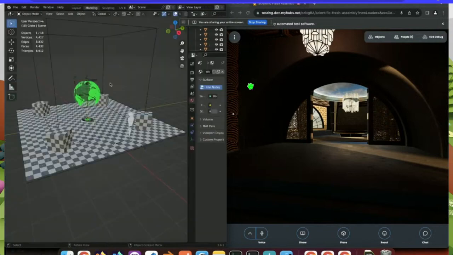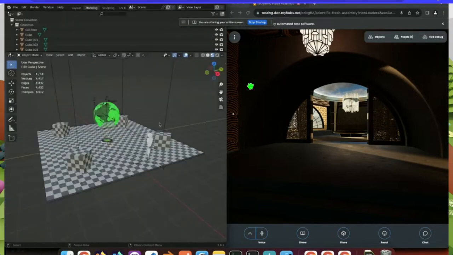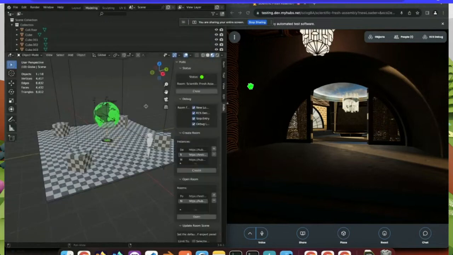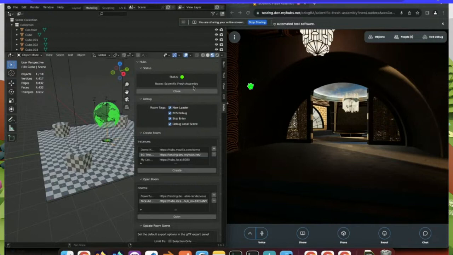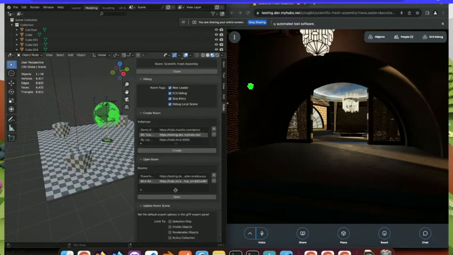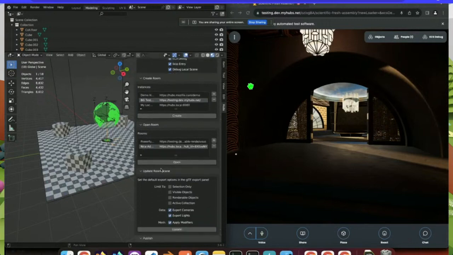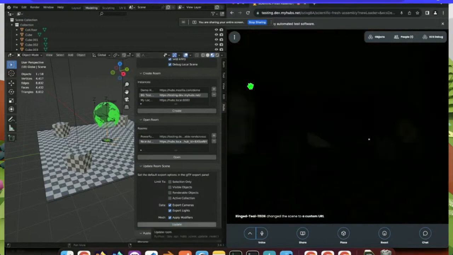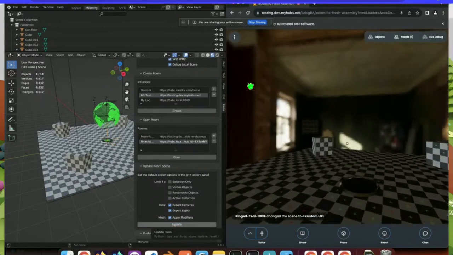So here you can see the panel again, and then you can see that I'm connected to that instance. And now that we are connected to that instance, we can go to the update part of it, and then you just click on update, and that updates the scene in